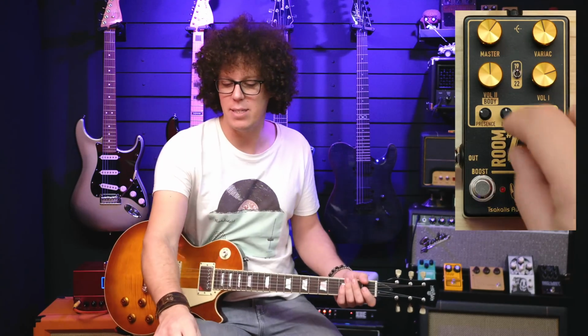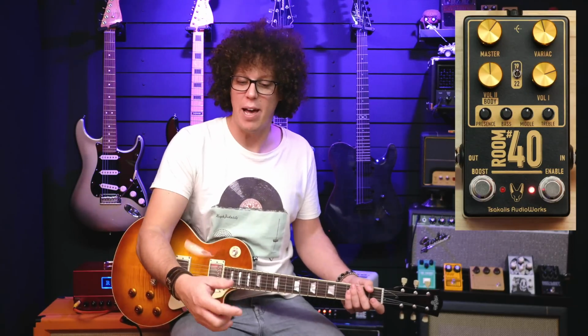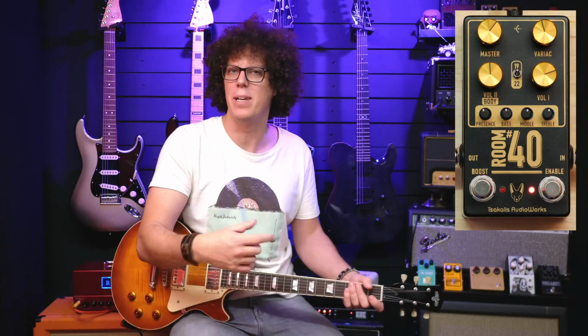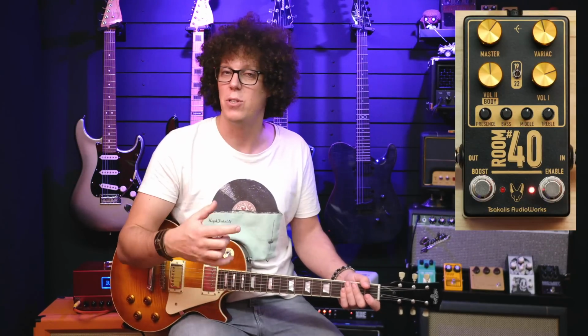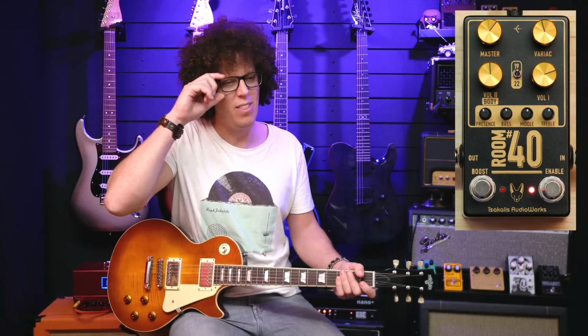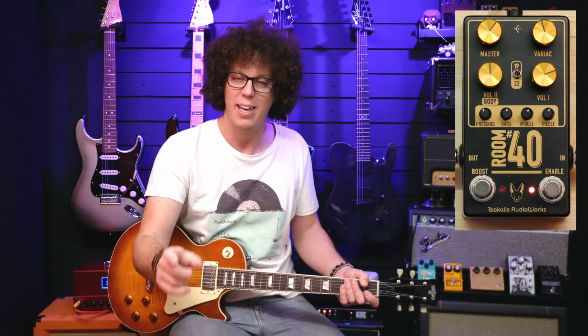Now, to my ear, that doesn't sound great with the presence all the way up, because you shouldn't turn it all the way up unless you have a dark amp, and therefore also you shouldn't turn it all the way down unless you've got a bright amp. That's the one to adjust this pedal to your amp. So if you're finding sounds that you're not enjoying, or you're thinking this is too harsh or too dark,